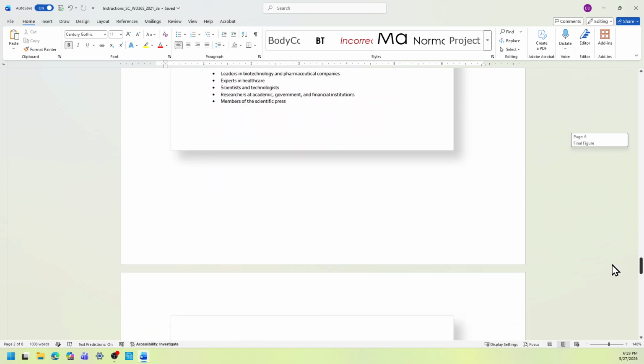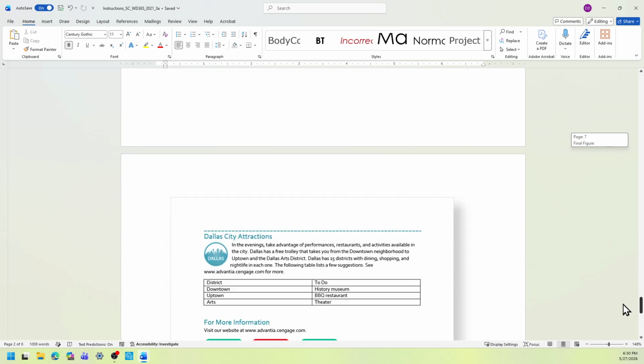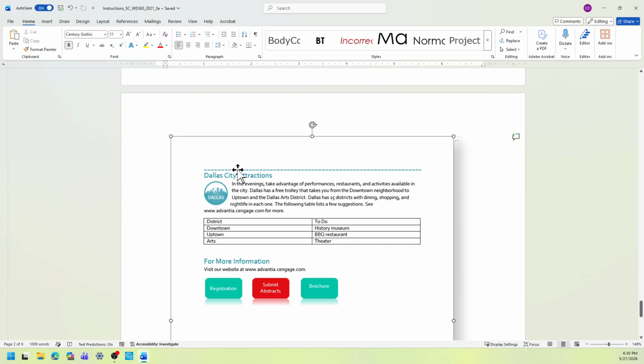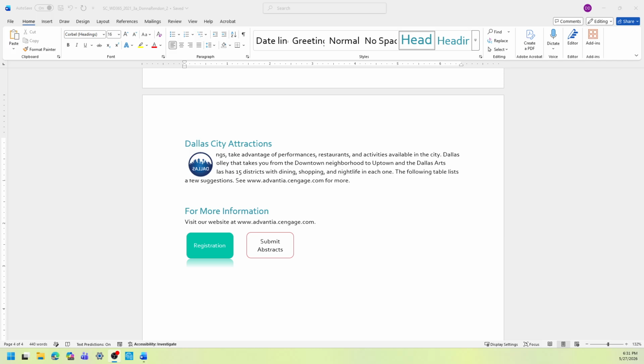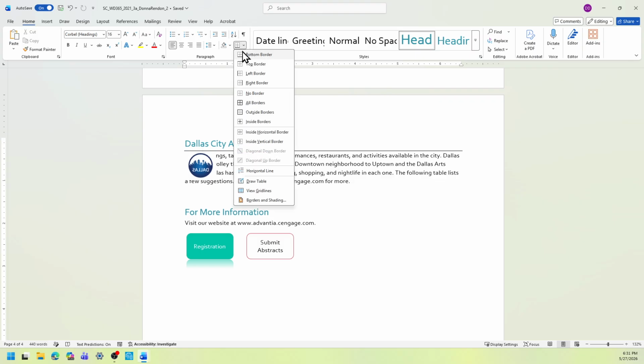So it says in page 4, which is this one here. Okay, the top line above the Dallas City Attractions. To add the top border, make sure your cursor is before the Dallas City Attractions, and the top border is under paragraph, and you see this borders drop down menu.